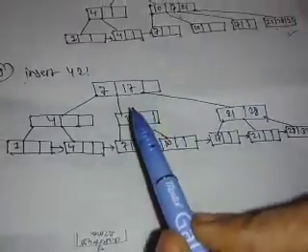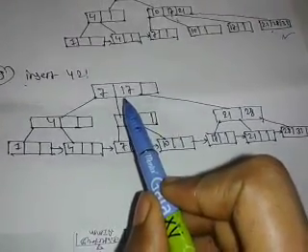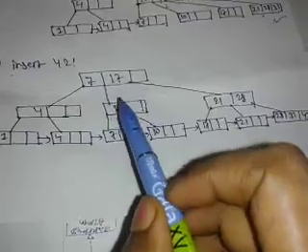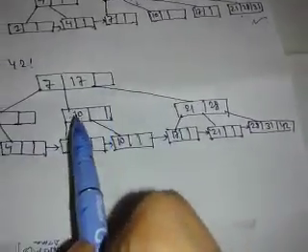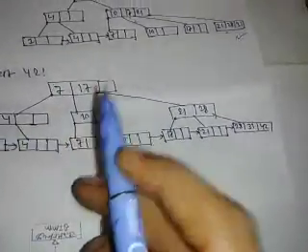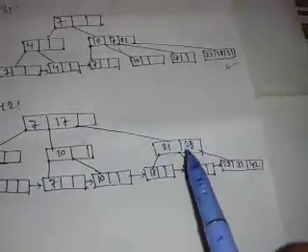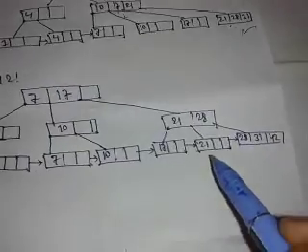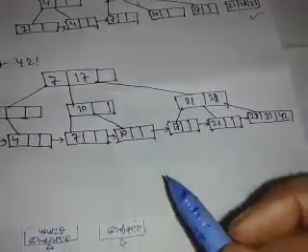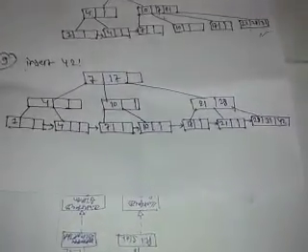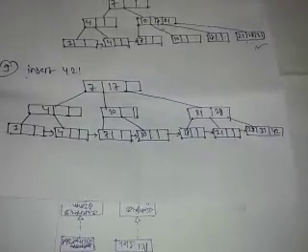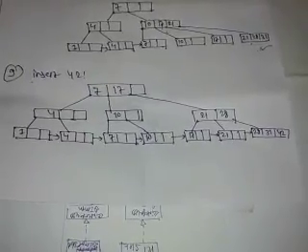So here what I have done, 17 is put in the upward node, and the rest of the elements on the left side are less than 17, and on the right side are greater than 17. So we have enough space to insert 42 here, as you can see from the video. Fine. So we are done with our insertion process in the B plus tree.